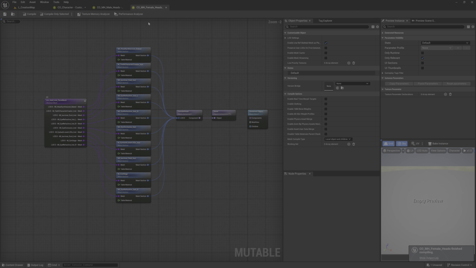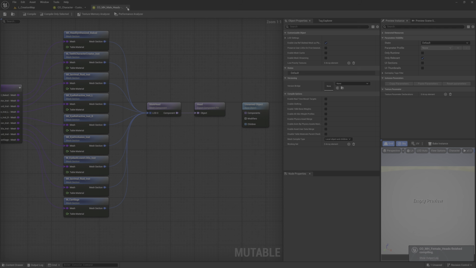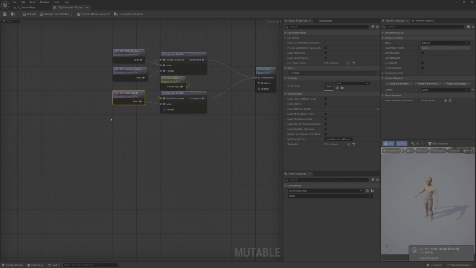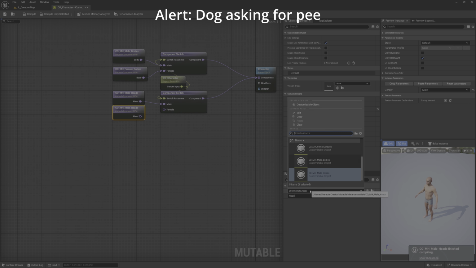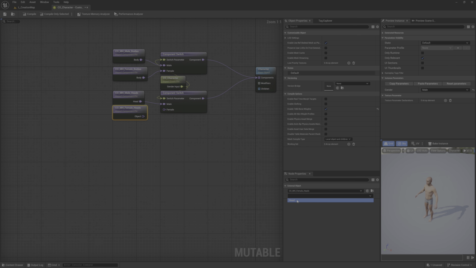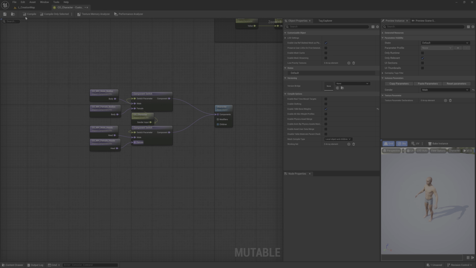We have our female head here, and it's the male head, and we can delete this. Ctrl-C, Ctrl-V, and select female head, and compile.